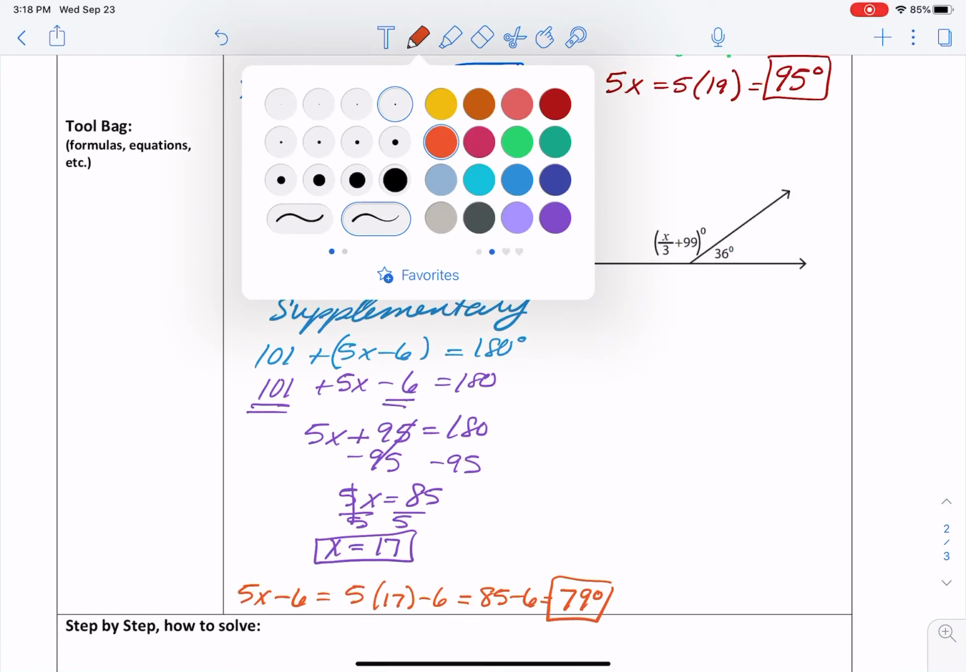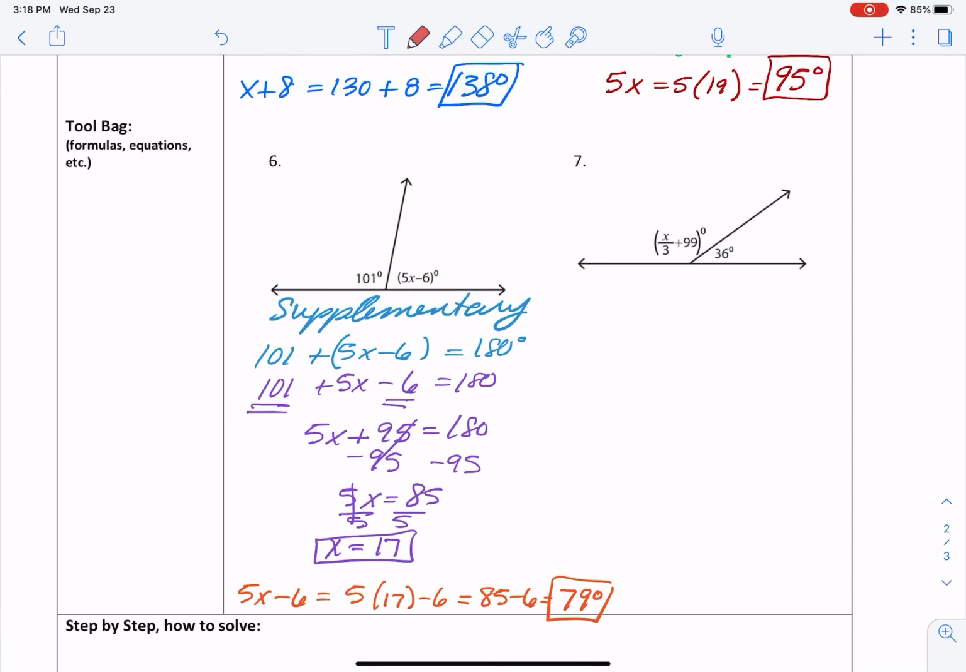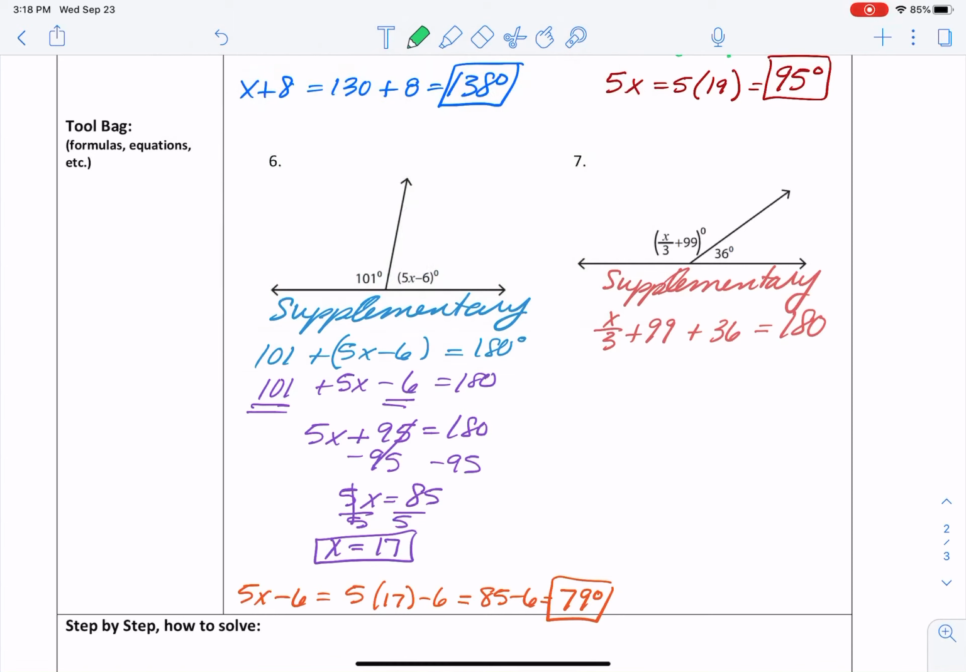For our last example, again, supplementary. Which allows me to say that x divided by 3 plus 99 plus 36 equals 180. Now, don't be dismayed by the fraction. It's a division problem. So I'm going to combine like terms and get x over 3 plus 135